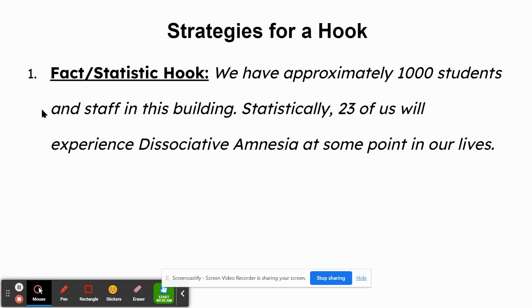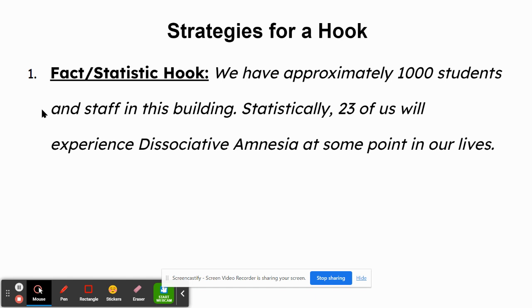First of all, you can take a statistic or a fact. You can look this up about your topic, but it may already be in your notes. Just don't use something that's in your paragraphs. So let's say you had 20 note cards and you used 9 or 10 or 11 of those note cards. You have some other note cards left over. That was important enough information for you to write down. If you found it to be interesting, but it doesn't seem to fit in with the rest of your project, maybe it would make a good hook.